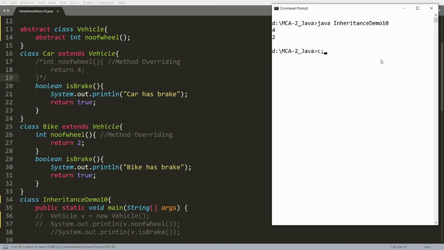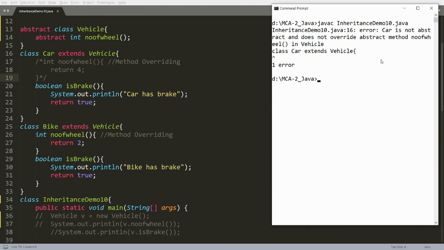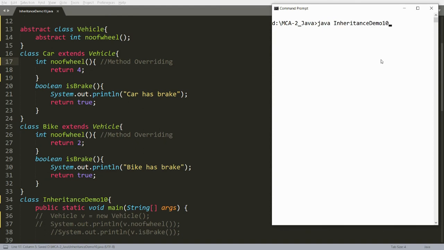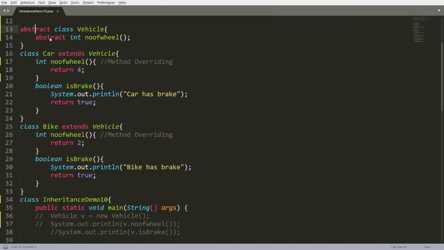It means the child has to override the functionality of the father. If the child is not overriding, then you will get an error. So in short, this is the way you can make runtime polymorphism compulsory in your class. If you want to make runtime polymorphism compulsory, then you can declare your method as abstract.